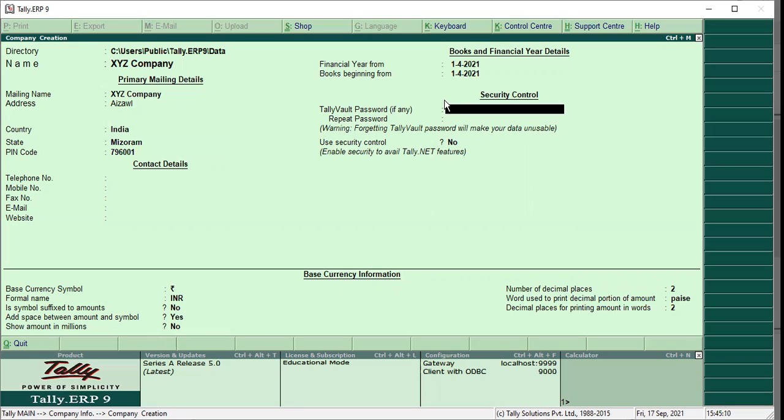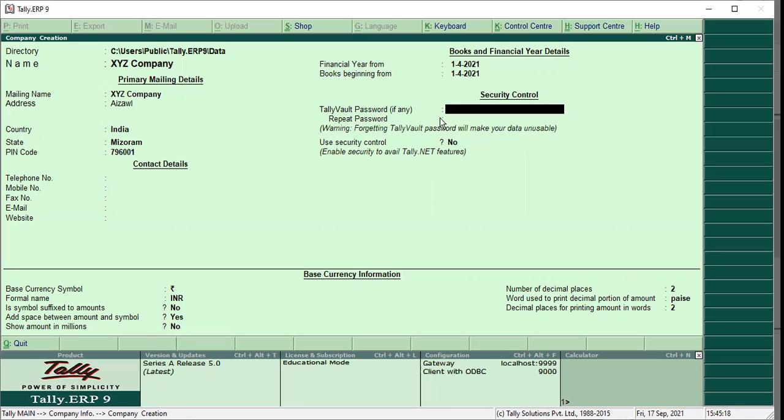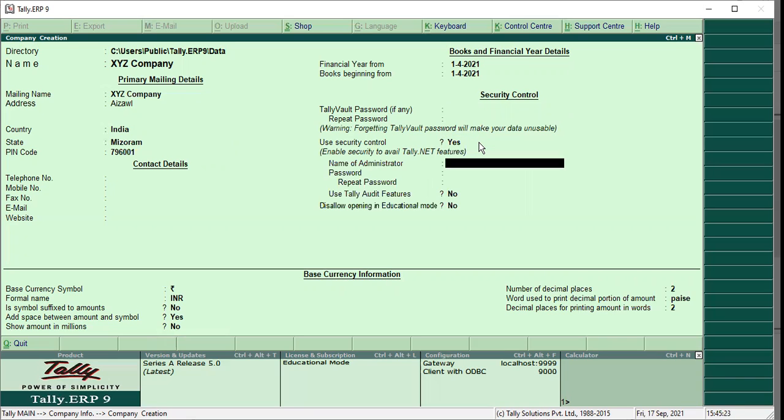Tally Vault password. If I press the security control, it asks for the name of the administrator, the password, and finally, disallow opening in educational mode. If you want to use Tally for your business purpose, you have to purchase a license.